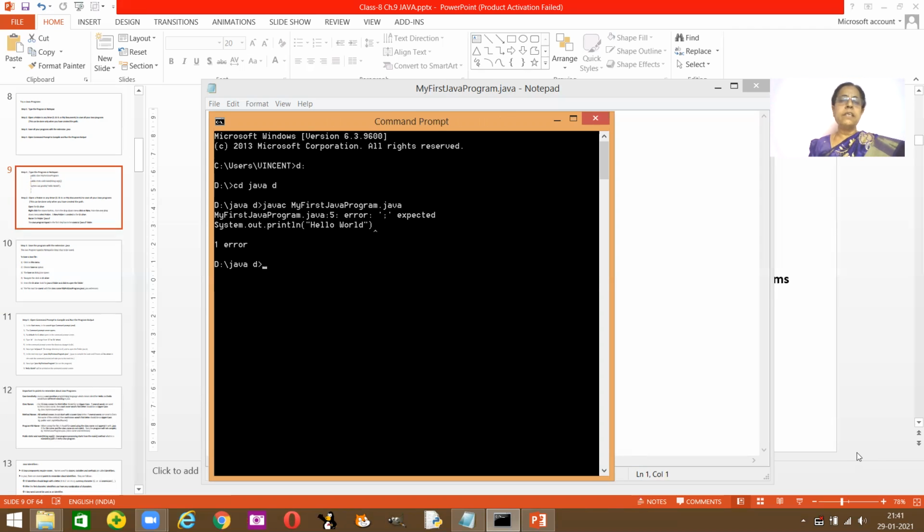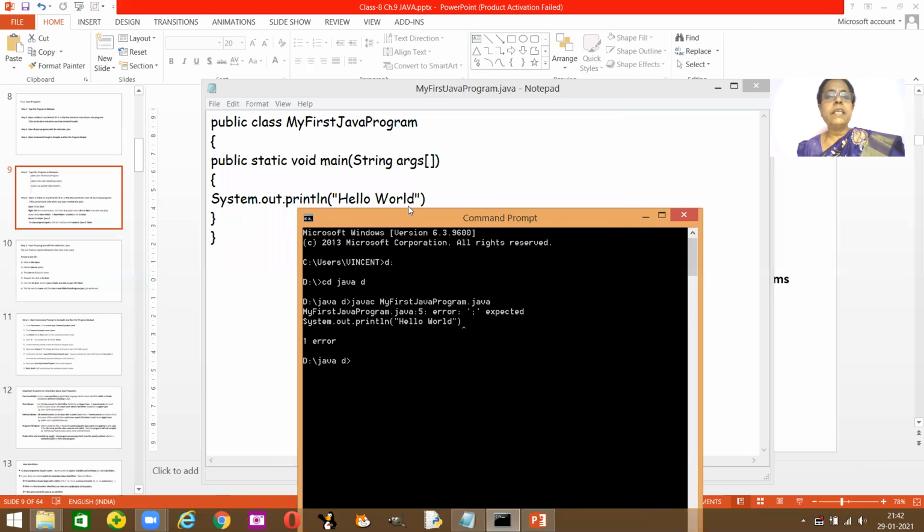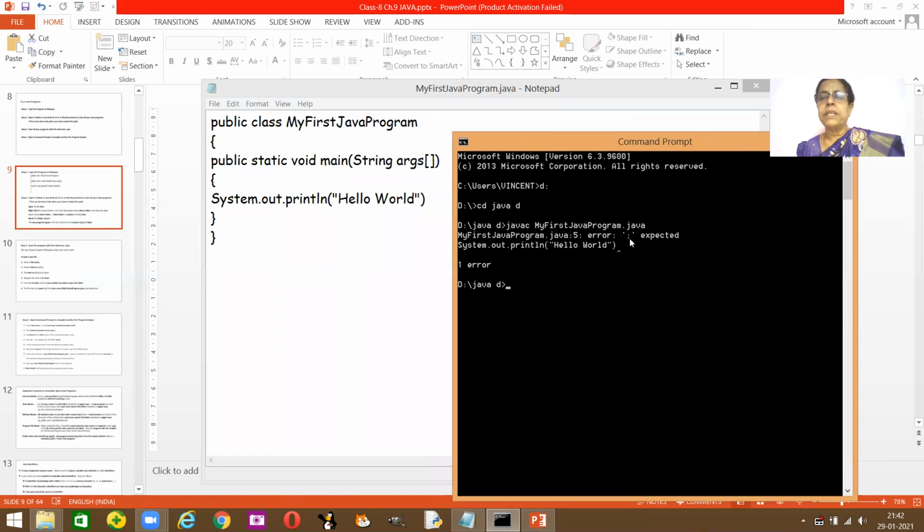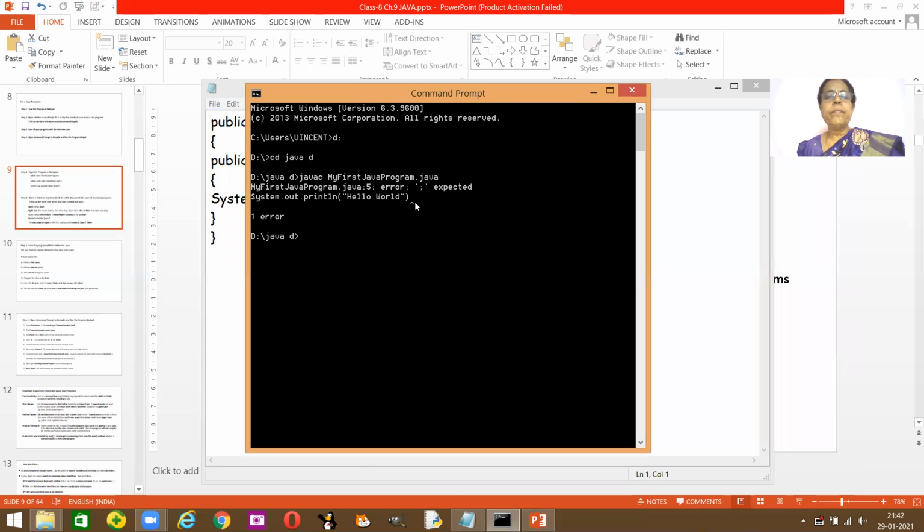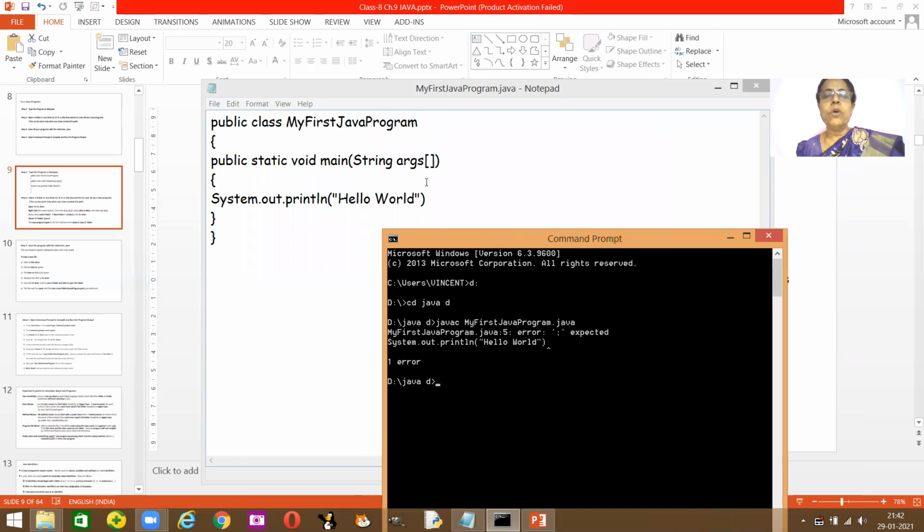Let's see. Yes, it showed an error and it's telling you where the error is, and it will tell you the line number also. Okay. See, it's on the 5th line. The expected error is this semicolon is not there. Can you see, children? 1, 2, 3, 4, 5th line. Here the semicolon is not there. Can you see? It's showing you exactly where the error is. So I'll put the semicolon,